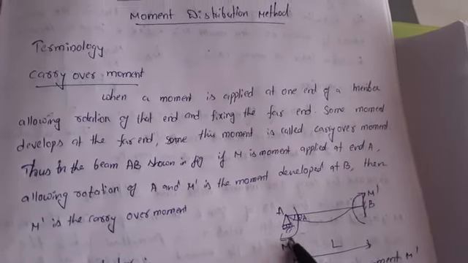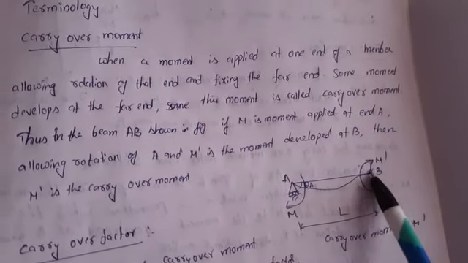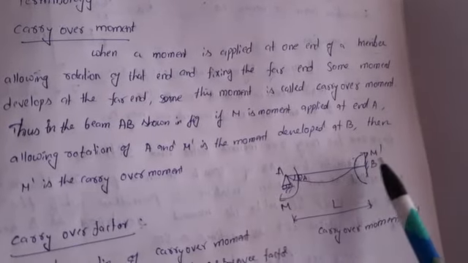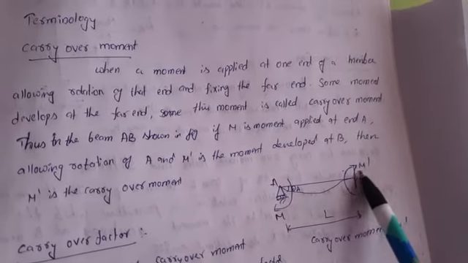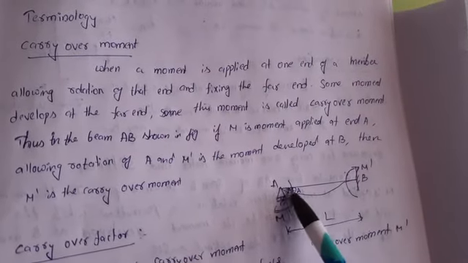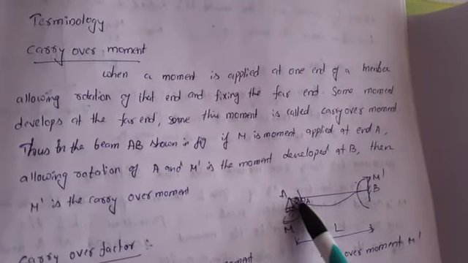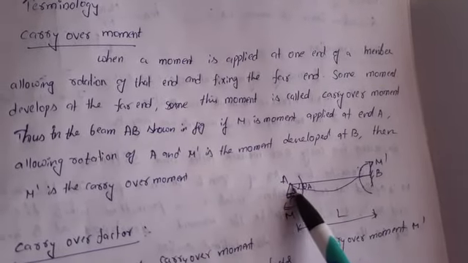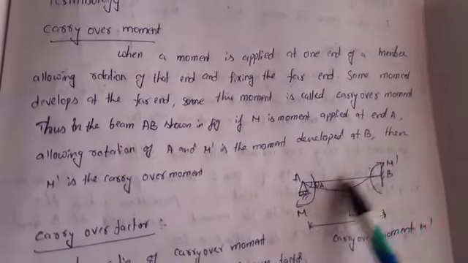Here the total moment is M, and in the opposite direction at point B it will be taken as half of the moment. At A we observe M, then at B we take half, 1 by 2 into M, so M dash will be 1 by 2 M. Suppose for a beam we apply more load on A, there will be some deformation. If A deforms, B will also deform by half the amount. This we observe here in the carry over moment.